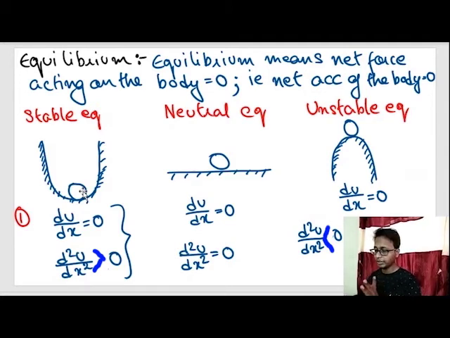The sentence du by dx alone defines that the net force acting on the body is equal to 0. But the combination of these two sentences means the potential energy of this ball is minimum out here. The combination of these two sentences means potential energy does not change. The combination of these two sentences means the potential energy of the ball is maximum out here. And du by dx alone means force is equal to 0 out here. Okay, so this was our topic.